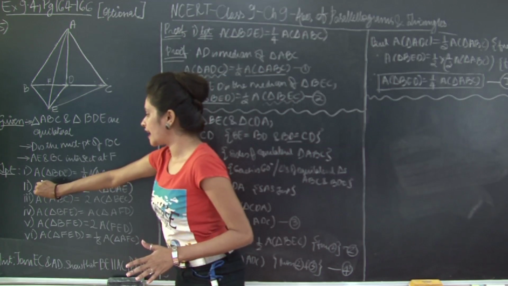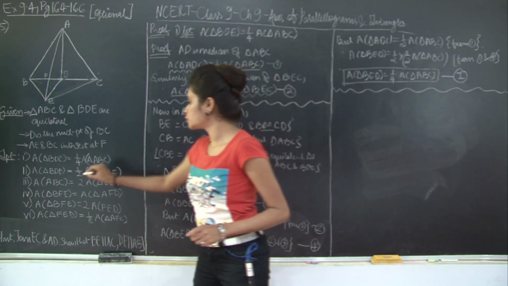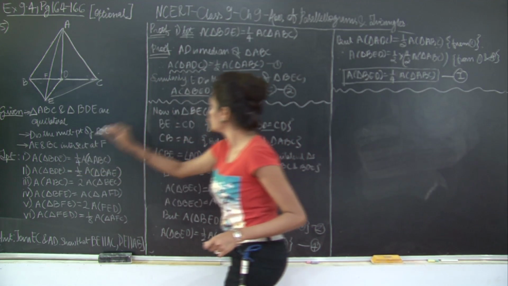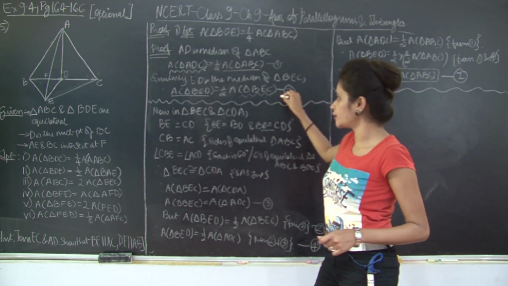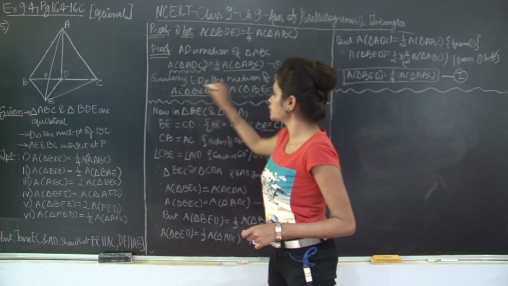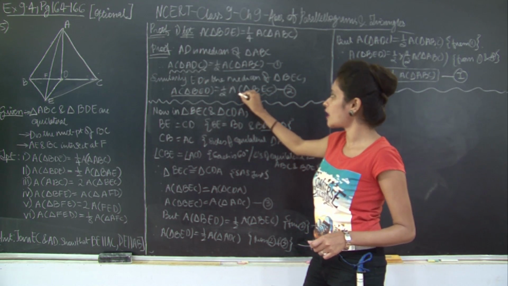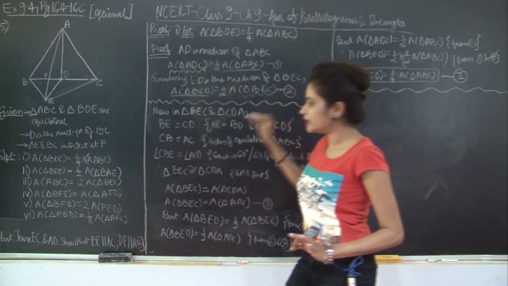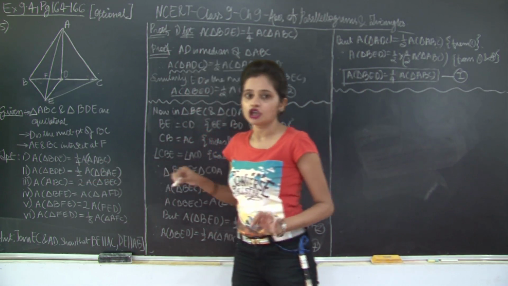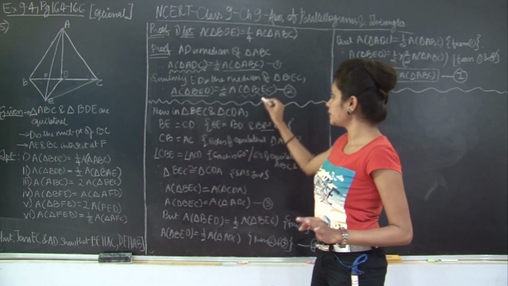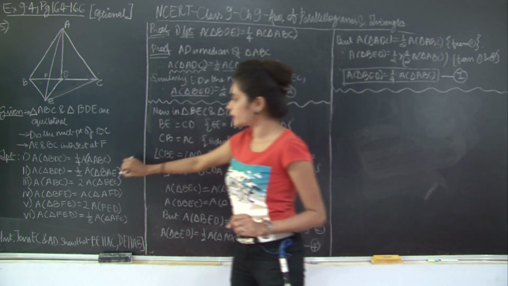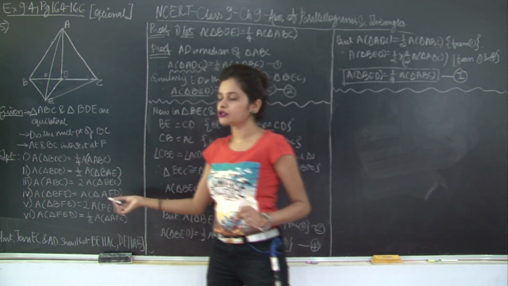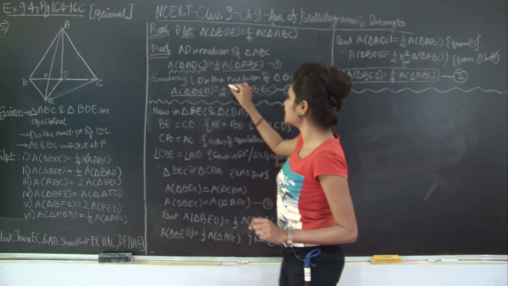We need to prove that area of triangle BDE is equal to half area of triangle BAE. Rings a bell? See, BDE is equal to half BEC. We have shown this over here. So we already have an expression for BED, area of triangle BED is equal to half of some area of a triangle. So which is this triangle BEC, and we need to prove that this is half of BAE. So if you show that area of triangle BEC is equal to area of triangle BAE, then you can show that area of triangle BDE is equal to half area of triangle BAE, because you already have this expression for half.